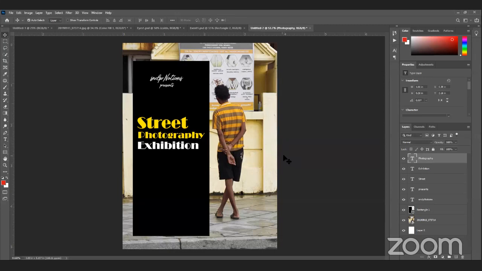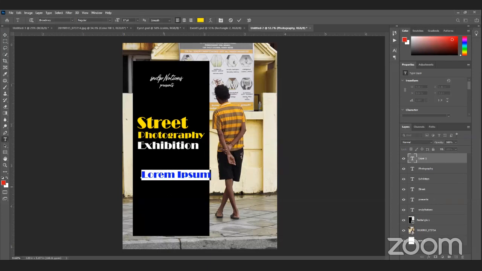Yes, now you can see the name of the event is getting highlighted, and the exhibition is there. And the time and date, in a similar way. I don't need to put icons here, just to make sure icons are not necessary.